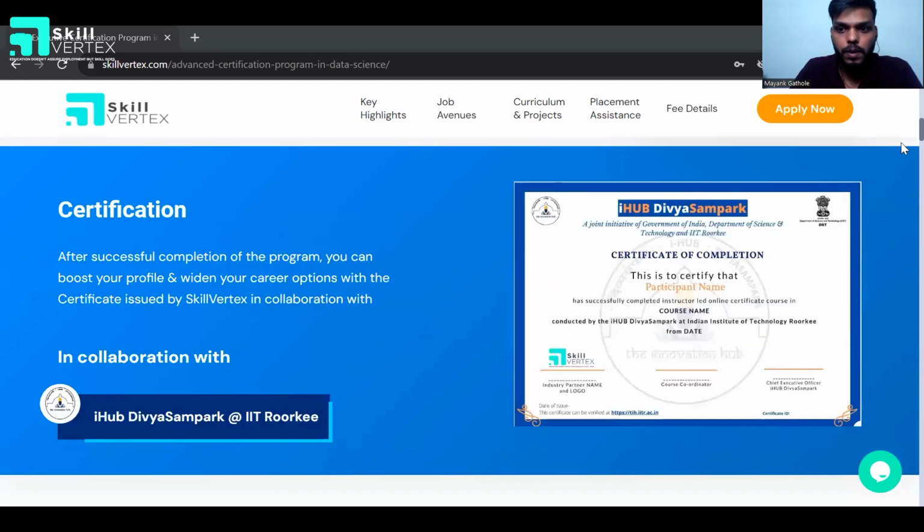Coming to the certification part, this particular certificate is issued by iHub Divya Sampark at IIT Roorkee. As I told you, we have collaborated with them, and this certification is from their end only. Once you finish the training program with us, you will get this certificate, which has the signature of the CEO of iHub Divya Sampark, and has our name as well as the coordinator, as the partner name. So the certificate holds a lot of value, and once you mention that you have done the certification course with us,